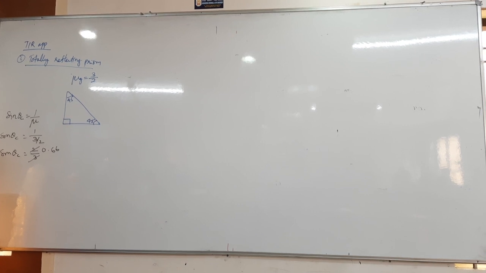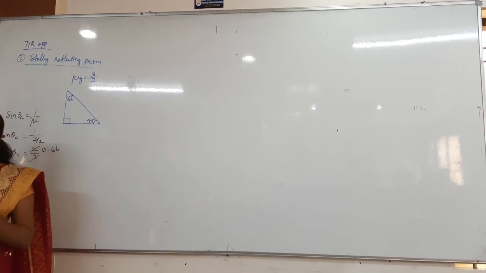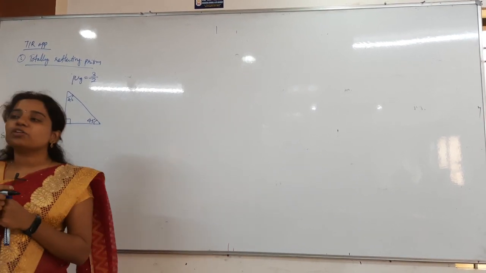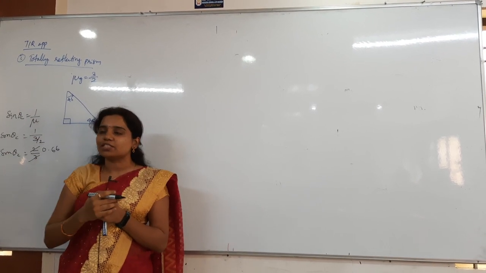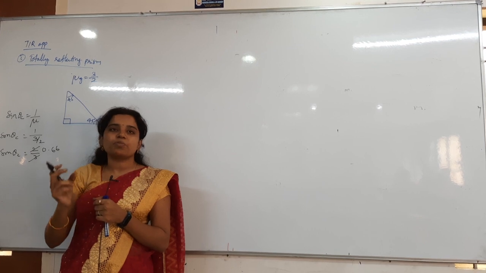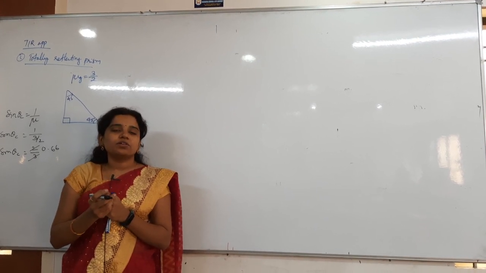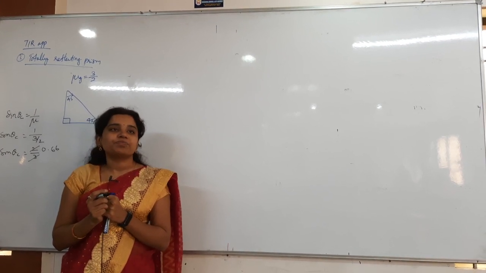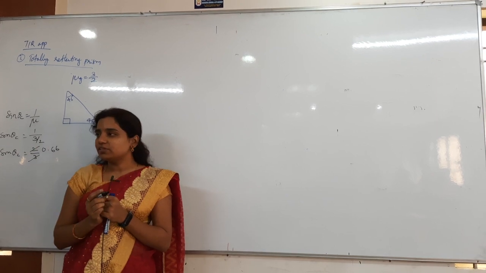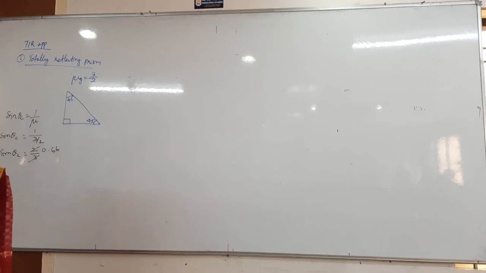How much? We have discussed this already in alternating current. 0.707. IRMS value is how much? I naught by root 2. That is how your memory has to work. You have to map your mind to different concepts. 1 by root 2 is nothing but 0.707. And also we have even discussed the average value. What is the average value we got? 2 I naught by pi. 2 I naught by pi value is 0.637. Correct. So there I naught by root 2 is required for us obviously. So 1 by root 2 value is